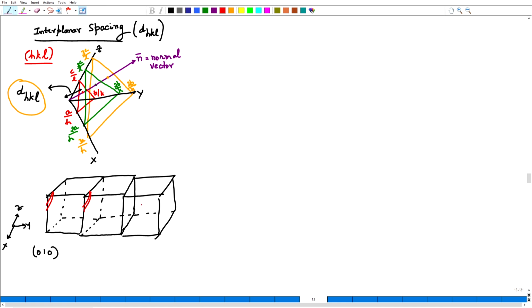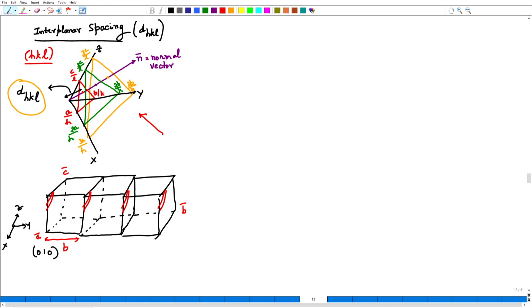All of these form the 0, 1, 0 plane, because this is my a axis, this is the direction of my b axis, and this is the c axis. So, 0, 1, 0 HKL planes, all of them are there, and they are all equally spaced. And what is their spacing? In this specific case, their spacing is b. Similarly, I can have a set of HKL planes in a more general way that I have drawn here, could be any set of HKL planes. Again, you can figure out what would be the normal. Normal is of course the b axis, in this case to the 0, 1, 0 planes.